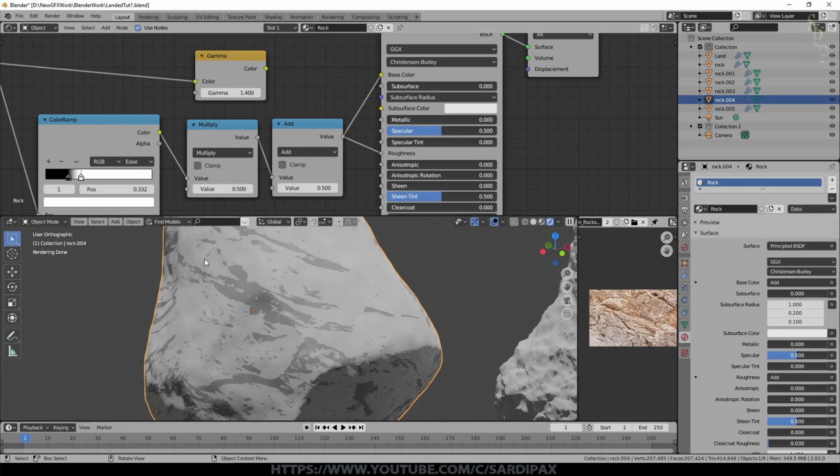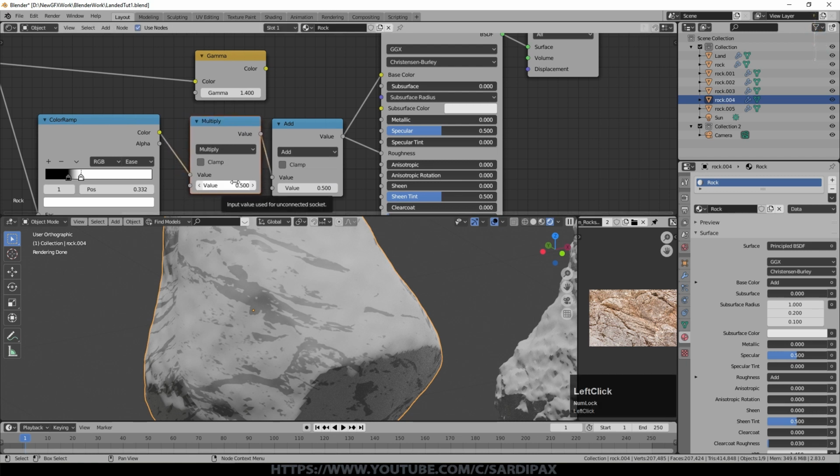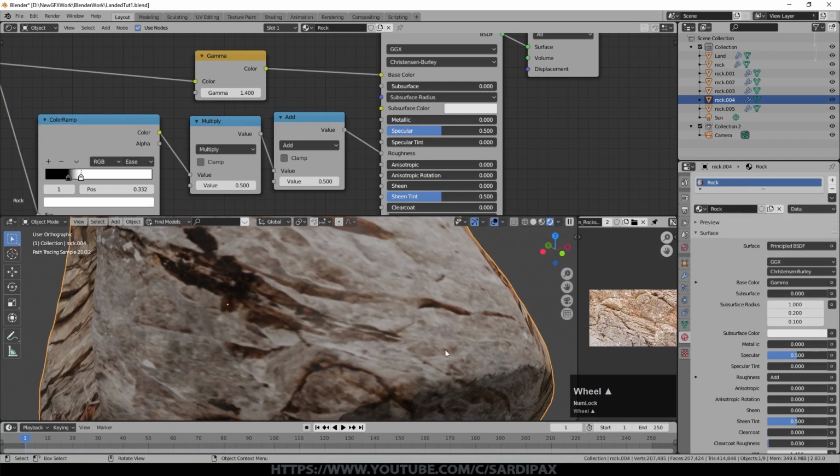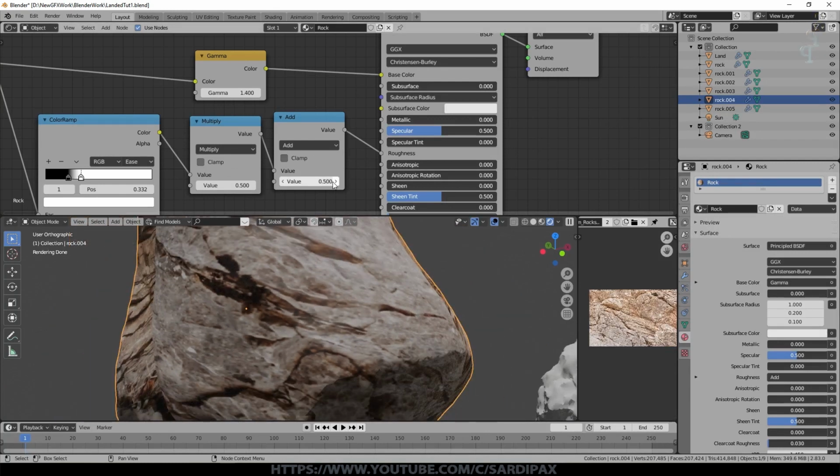So I've reduced it by half and then pushed it up, because the main reason being I want a minimum value for my roughness. I don't want the roughness to go all the way down to 0 and all the way up to 1 necessarily. So I've reduced the range of the image here by 50% and then put an offset on it of 50% here. So it varies by less, but gives me about the roughness I want. And I can change these values. And roughness, as you might expect, affects the specular reflections that you get. These values were about what worked for me.